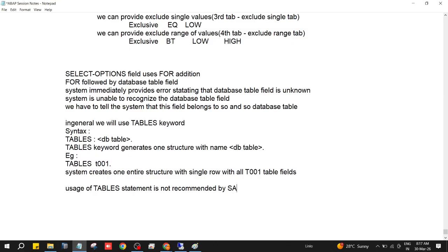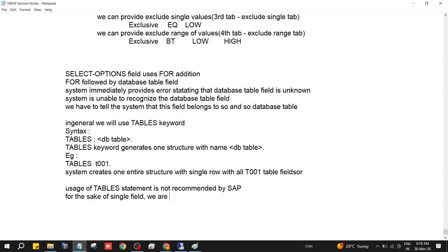Nowadays we are not using the tables statement, because for the sake of a single field we are introducing